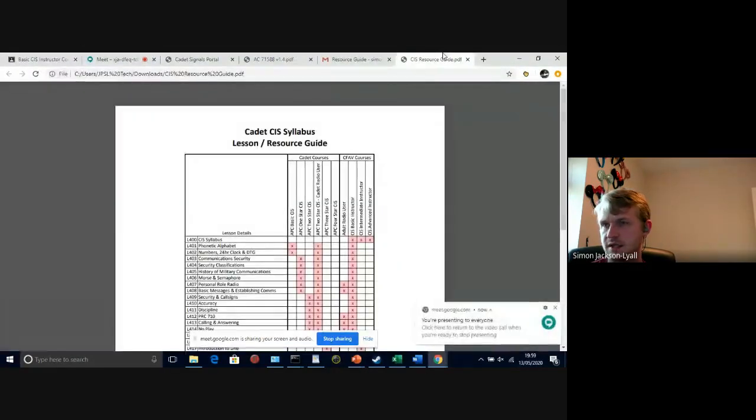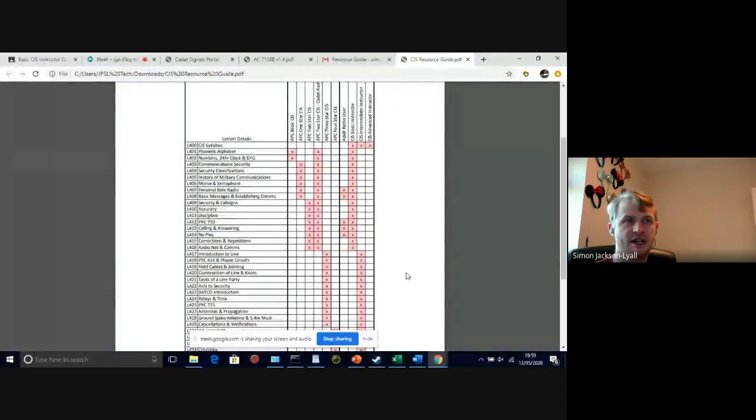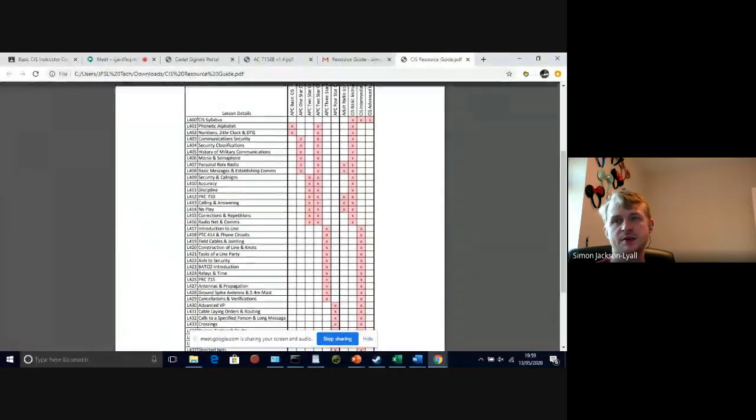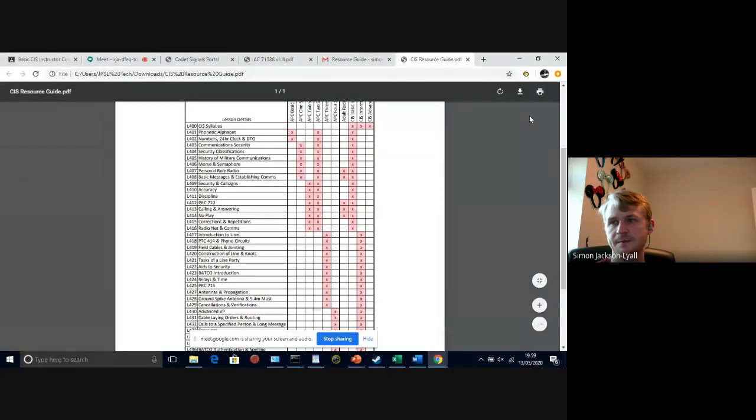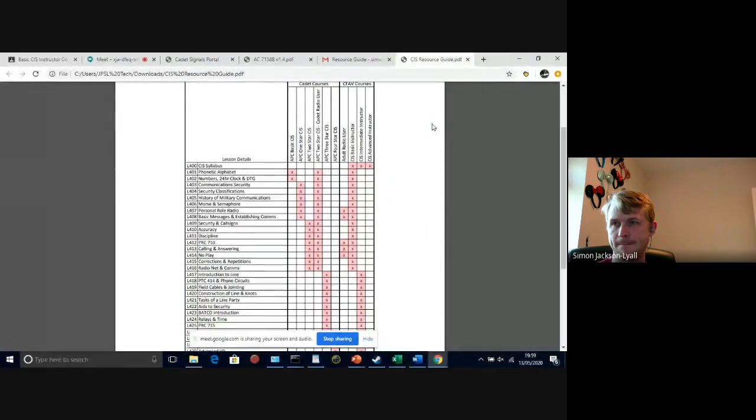Let's look at the resource guide first. So this gives you an idea of all of the lessons and where they sit, all those numbers, where they sit within the different qualifications. So you can see you cover everything up to 2-star, and there's some extra bits that you'll find out when you do the practical stuff in terms of radios. So like on the 710, setting power levels and things like that are intrinsic and specific to your role as an instructor, and a bit more depth into safety stuff.